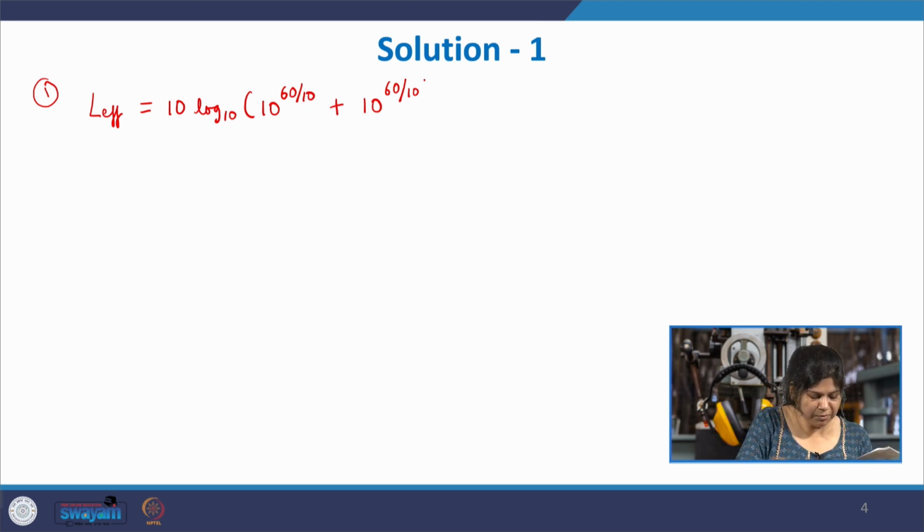So it should be L1 by 10 plus L2 by 10, and then the term plus twice 10 to the power (L1 plus L2) by 20, multiplied by cos of their phase difference. So, if you solve this,